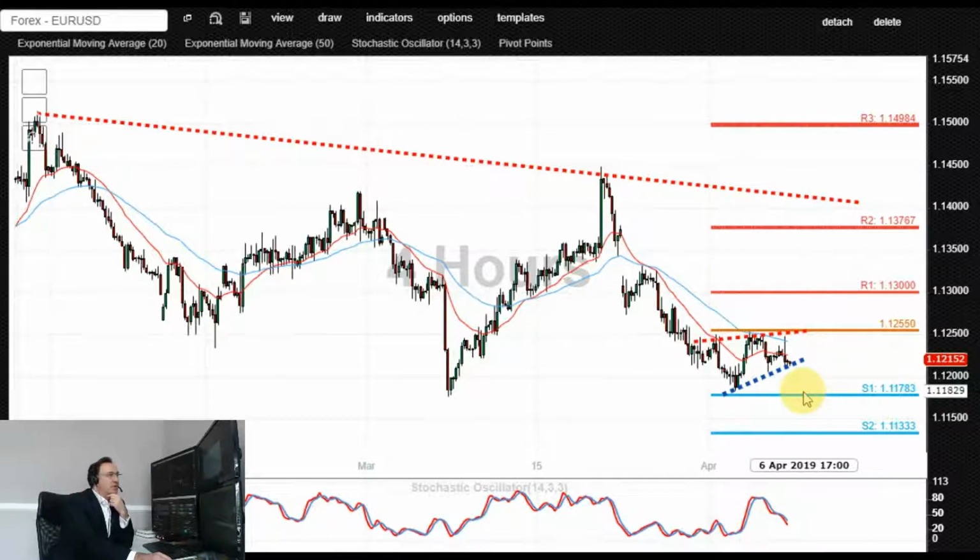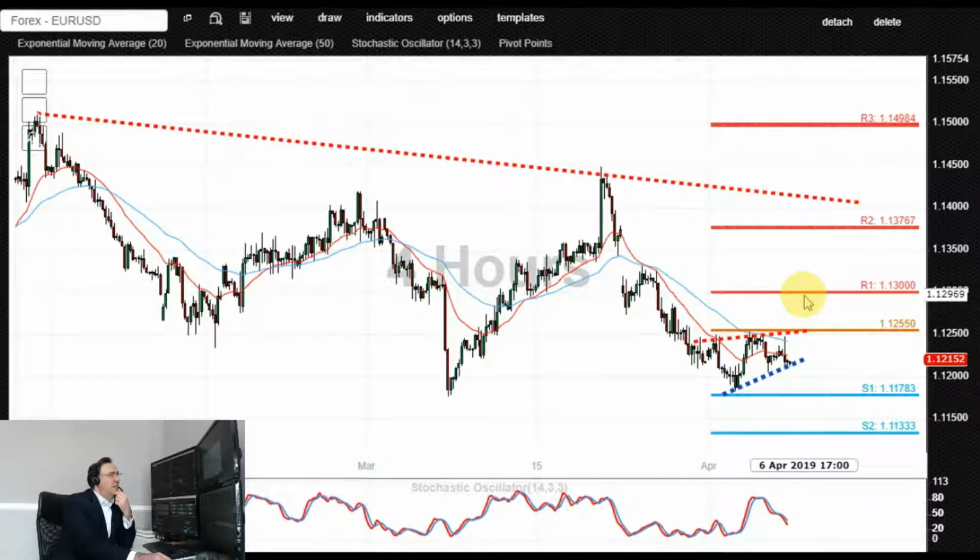Confirmed loss of that level could open up the way for a retest of deeper downside supports towards 1.1133, possibly 1.11. Only an end of day close below 1.11 could open up the way for a deeper retracement towards 1.10. Alternatively, either a pullback into 1.1180 and a breakout higher, or a breakout from the current lows and an end of day close above this 1.1255 resistance area would then potentially target additional upside resistances, initially towards 1.13,